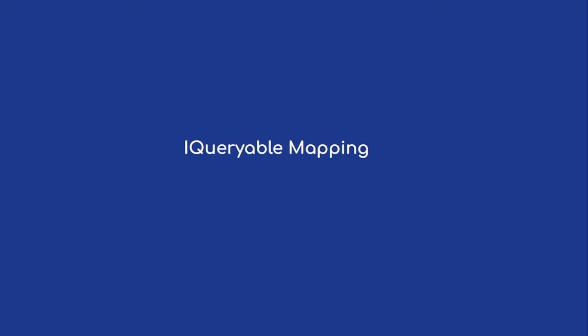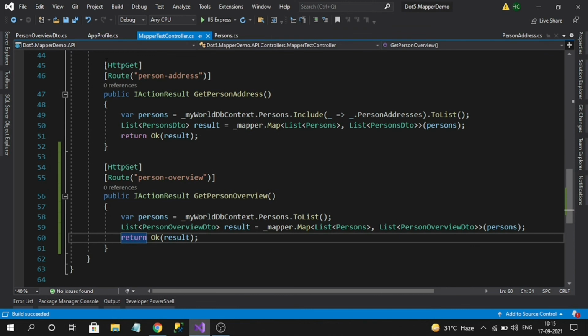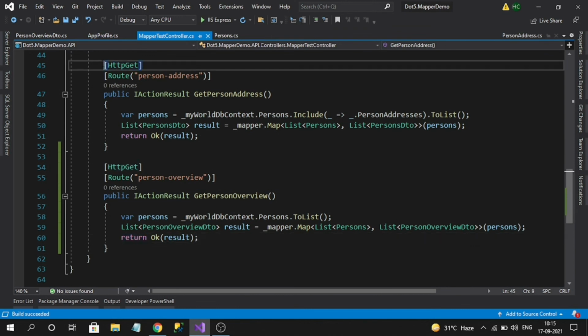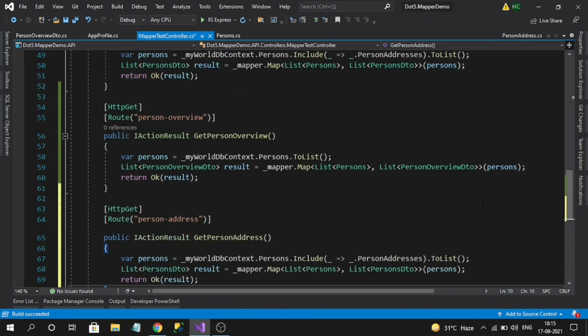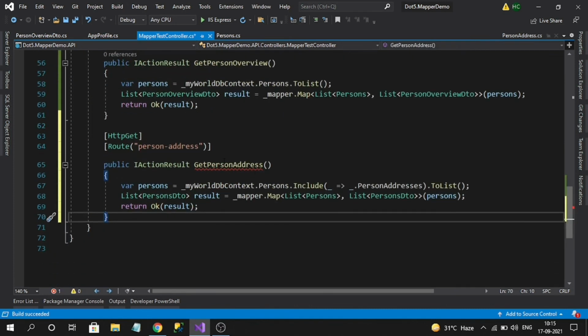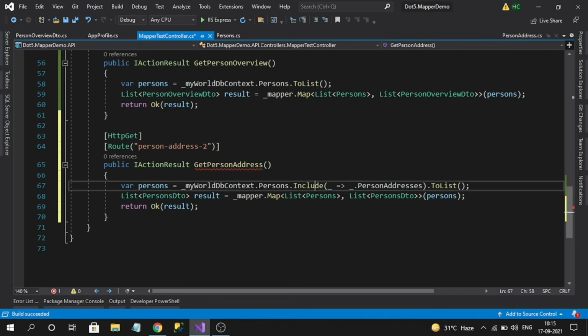We will use it and we will create one endpoint. Okay, to implement the iQueryable, what I will do, I will copy this entire method. Okay, so I will name it like 2 and include up to here it is iQueryable only, right?